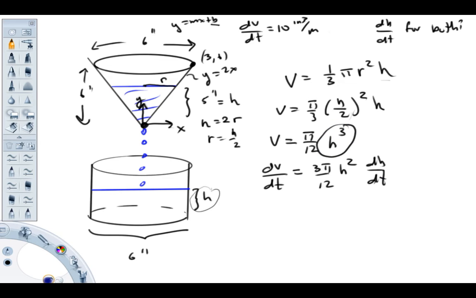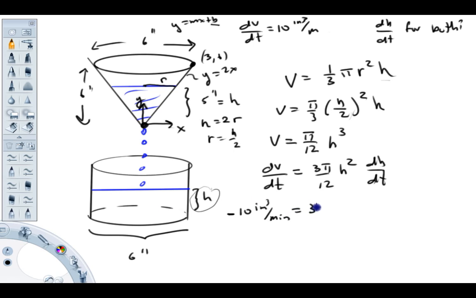Bring down the 3, subtract 1. Keep in mind that h is time dependent. It's changing. That's why we need the dh/dt, because that's the chain rule of differentiation. And I think these are all values we have. So I'm just going to put in the values right now. dV/dt is 10 cubic inches per minute. However, as far as the cone is concerned, that's a loss in volume. So I'm going to use minus 10 cubic inches per minute as the rate at which this part is changing in volume,